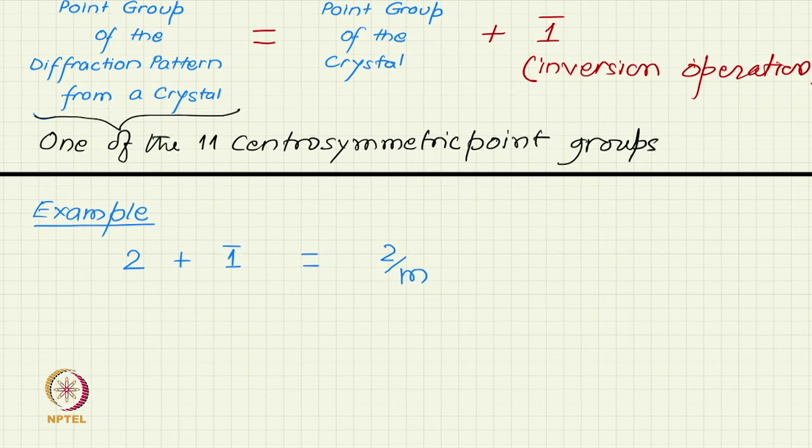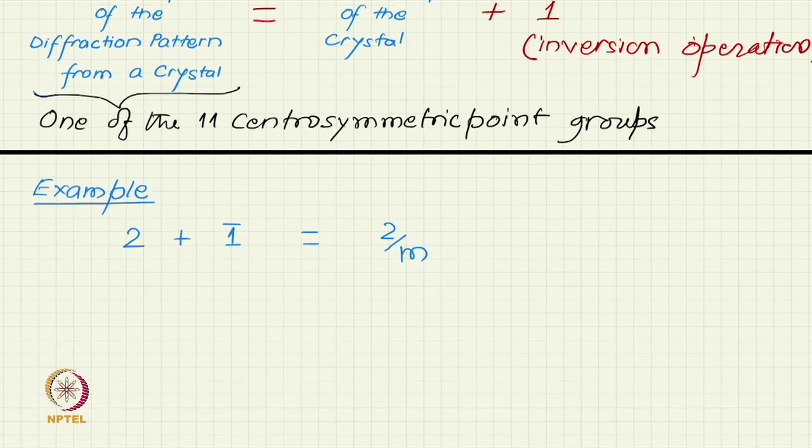This addition has to be interpreted carefully: you are not adding just a 1 bar group. Essentially, the group 2 is a group of order 2, with operations 1 and 2, and 1 bar is an operation which you want to add to this. So, the resulting group will be